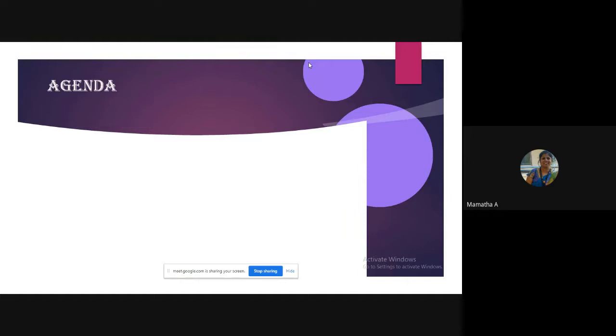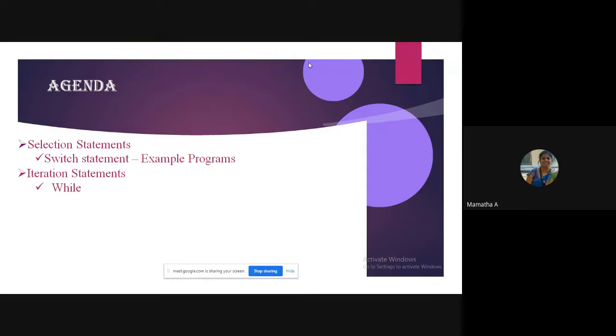So the agenda for today's class is, with respect to selection statements, some points to be noted with respect to the switch statement, followed with some example programs. Then we will do iteration statements, while and do while statements, followed with examples and the assignment as usual.